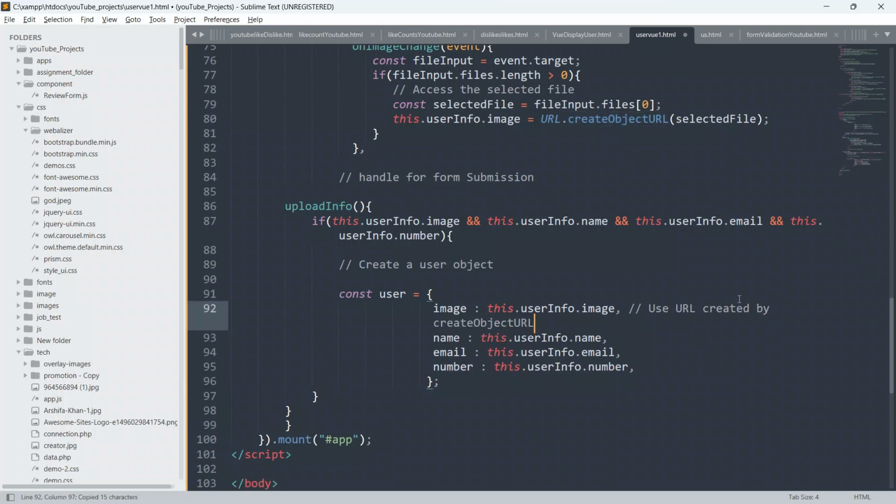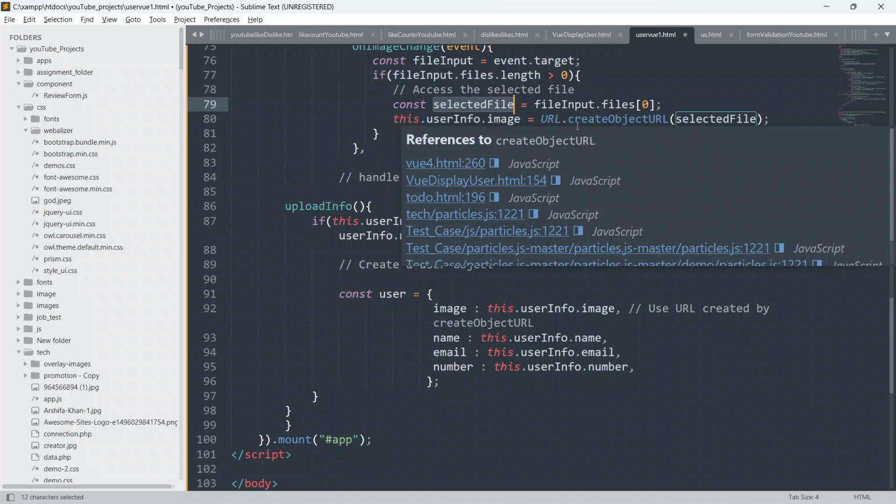Guys, I already explained, we have created images here by using base64 encoding. In this way, whatever image has been selected by the user, we have just stored it, and we have also created the same image by using URL.createObjectURL, and we will pass this as a parameter, and it will create a user image in the form of base64 encoding.